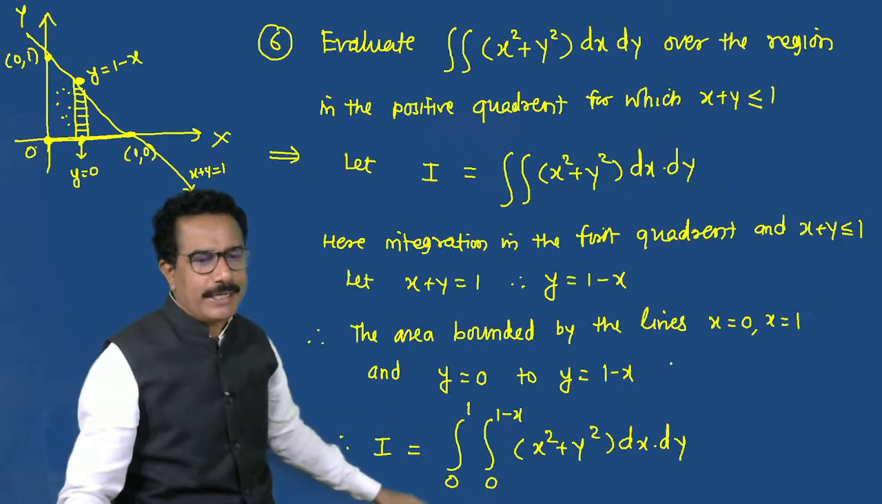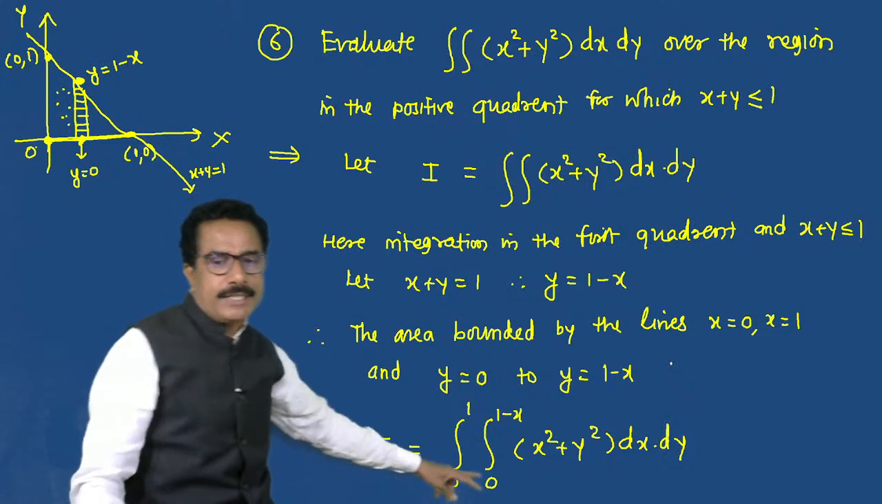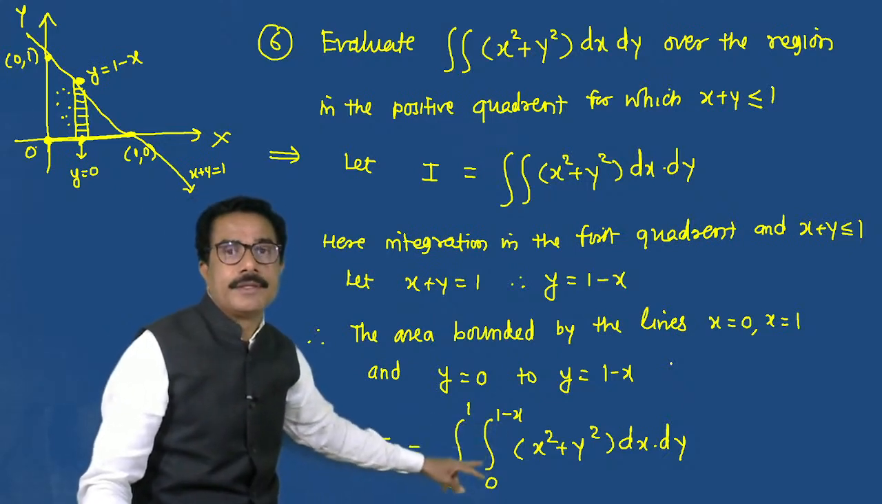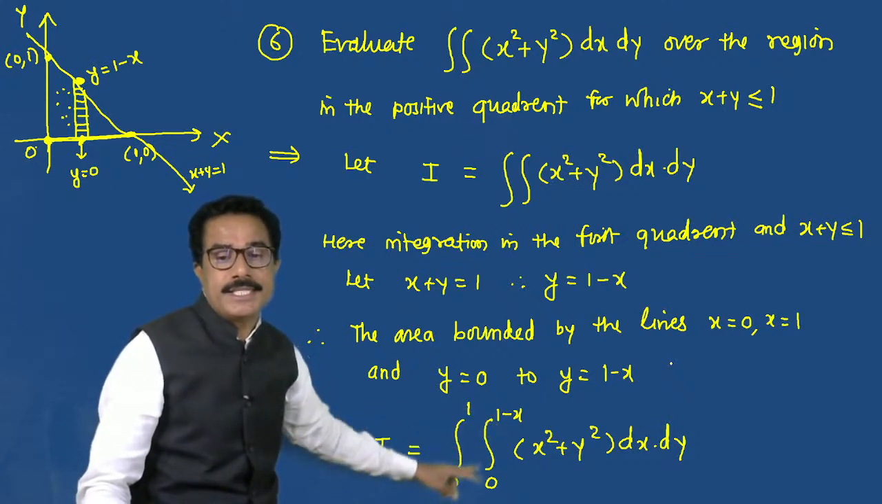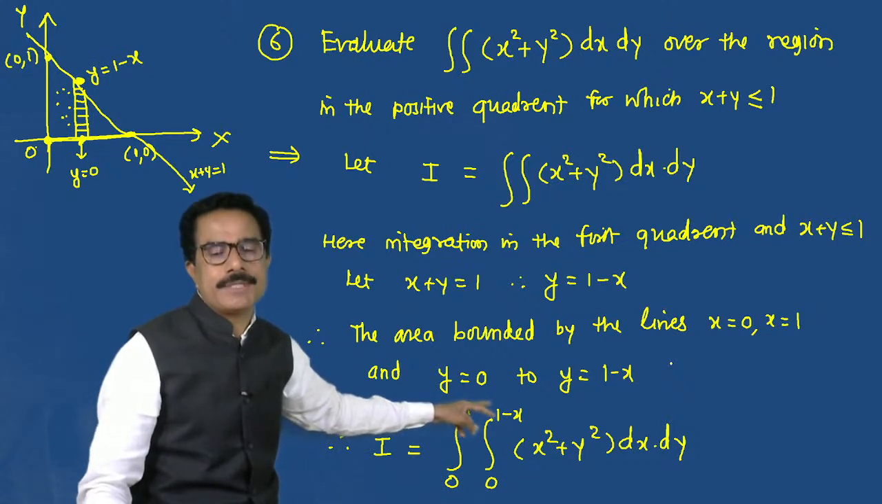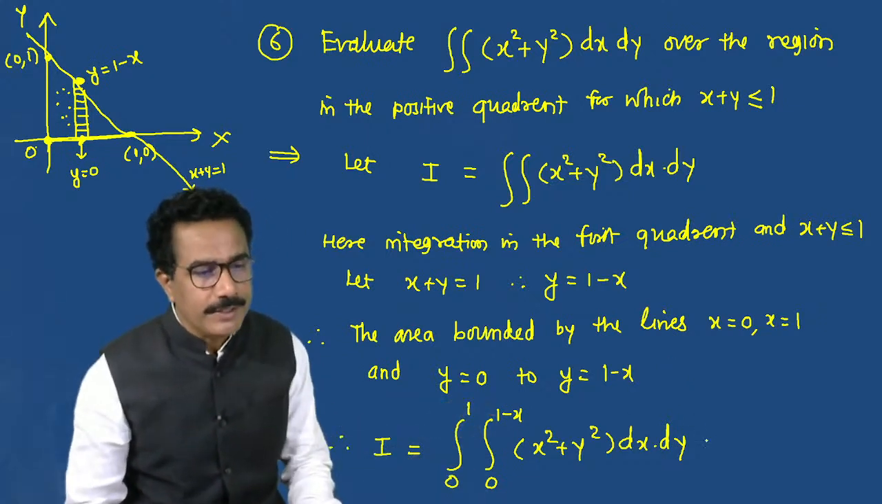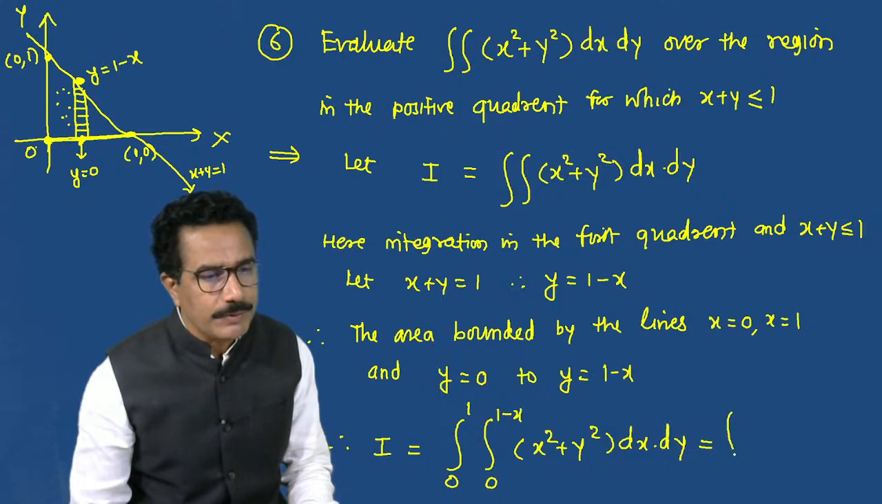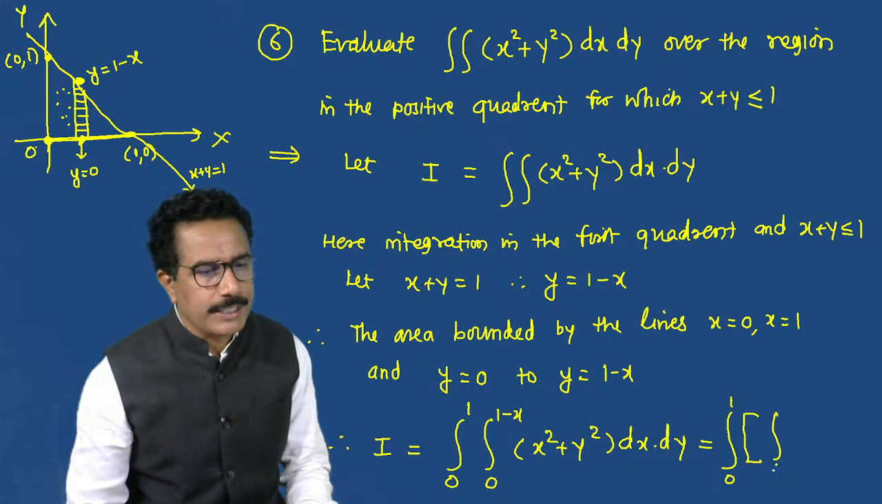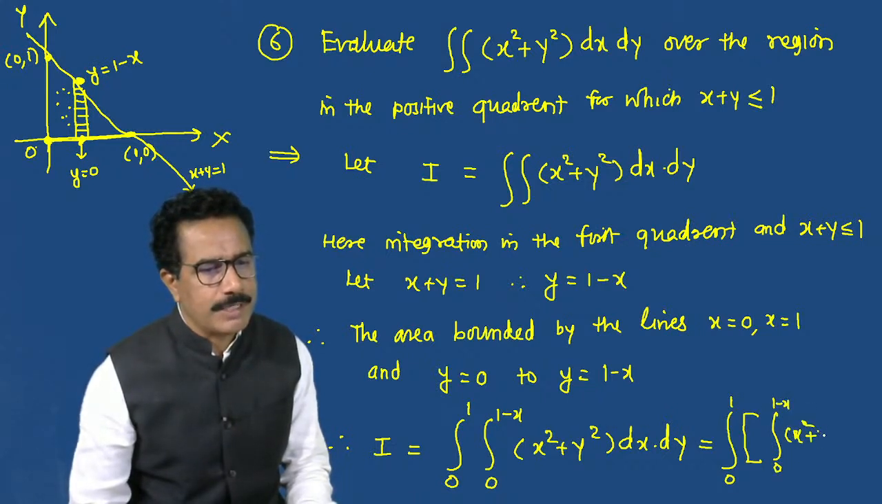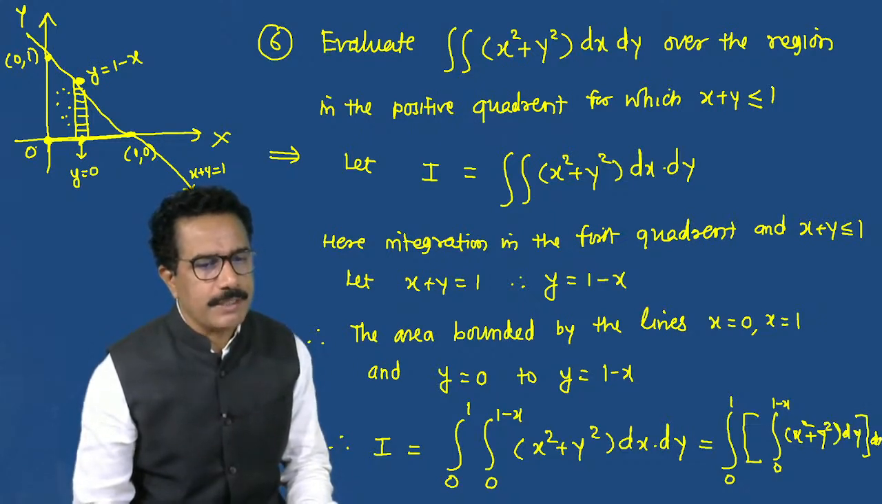आता सुरुवातीला काय कॅल्क्युलेट करावं लागेल. Now these are the values of x. The limits are in terms of x. So y equals 0 to y equals 1 minus x. These are the values of y in terms of x. So we have to take integration first with respect to y. So integral from 0 to 1 minus x, x square plus y square dy